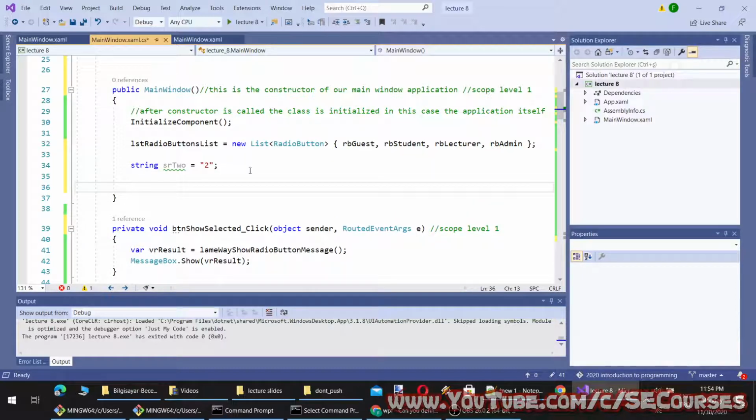Like here, let's say I can define a class here, class my temp equal to, like this.